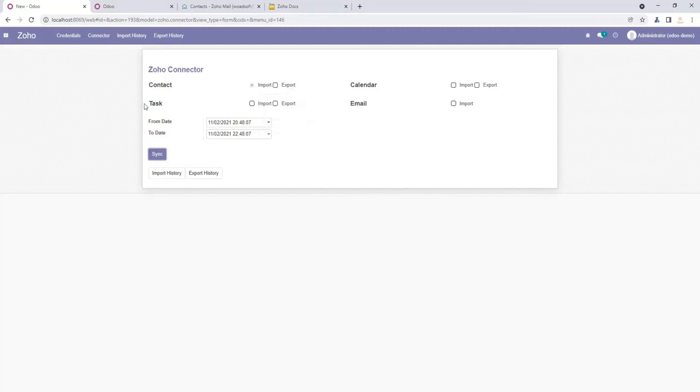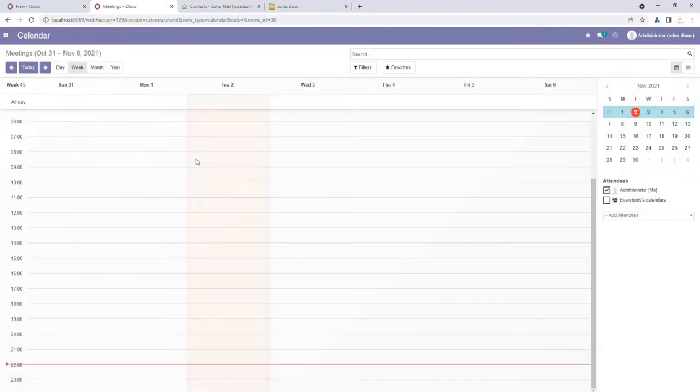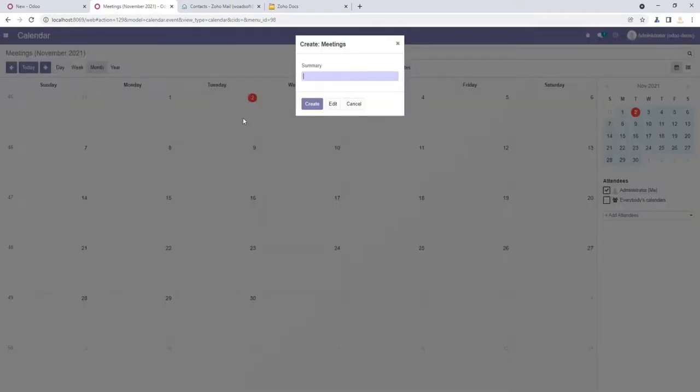Next we move to the calendar events. We go to the calendar, view the month view, and add an event today.